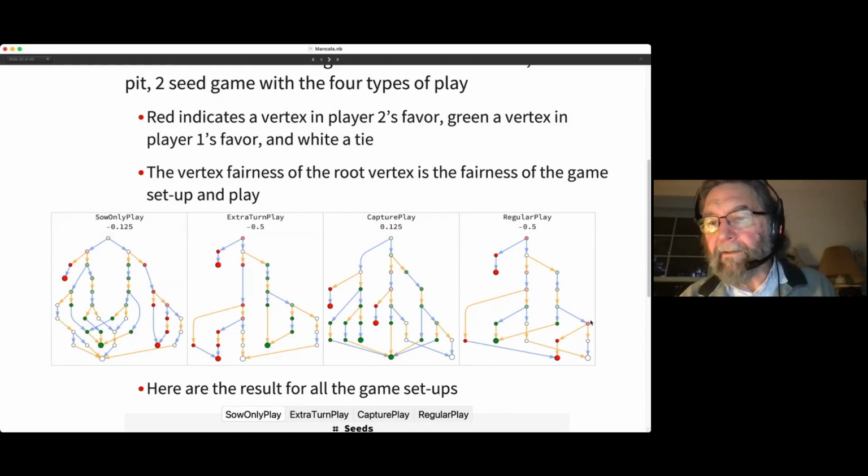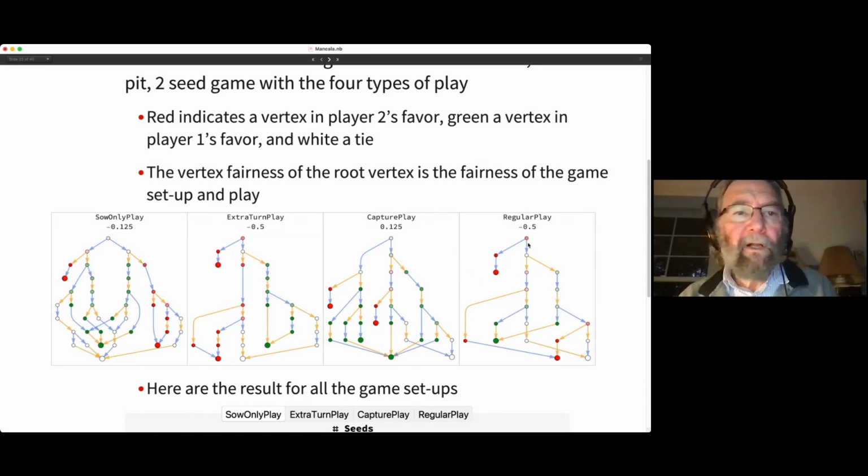Whereas if we look at this game state, it has two states that derive from it, a tie and a win for player 2. So its fairness is going to be -1/2. And this one here was a win for 1 and -1/2 here. So it's slightly on the positive side,